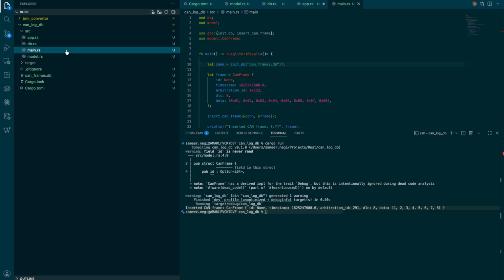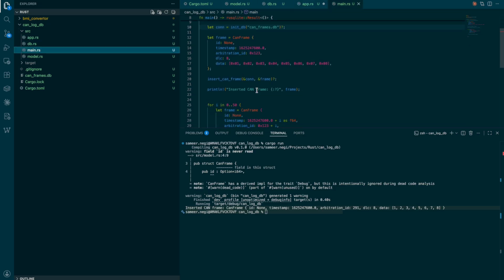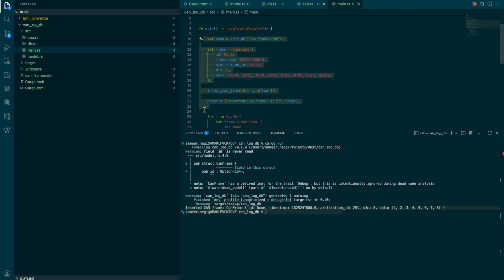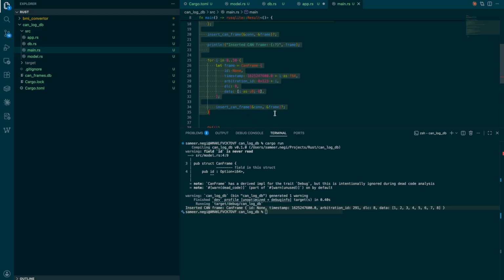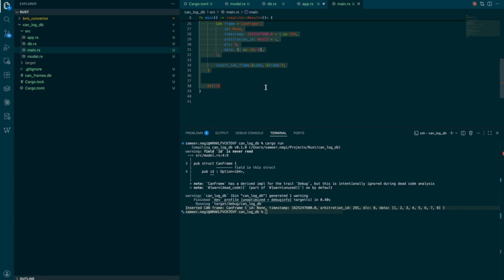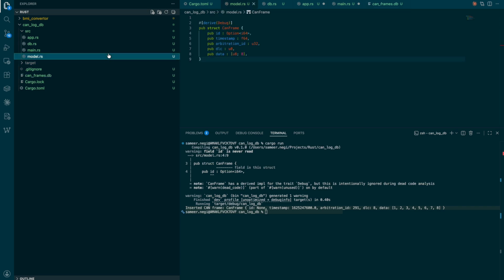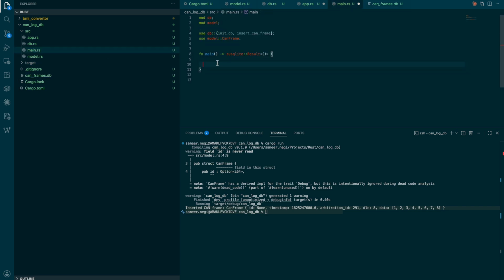Now we will go to our main.rs to update a few more things. Currently our main.rs looks like this. What we are going to do is delete what we wrote here, because this is what we did to insert something into our database, and now we are going to read our database. You remember that our database is created here, which is obviously unreadable to us right now, but we are going to read it here. So let connection equal init_db, but this time we say .expect, failed to initialize database, and